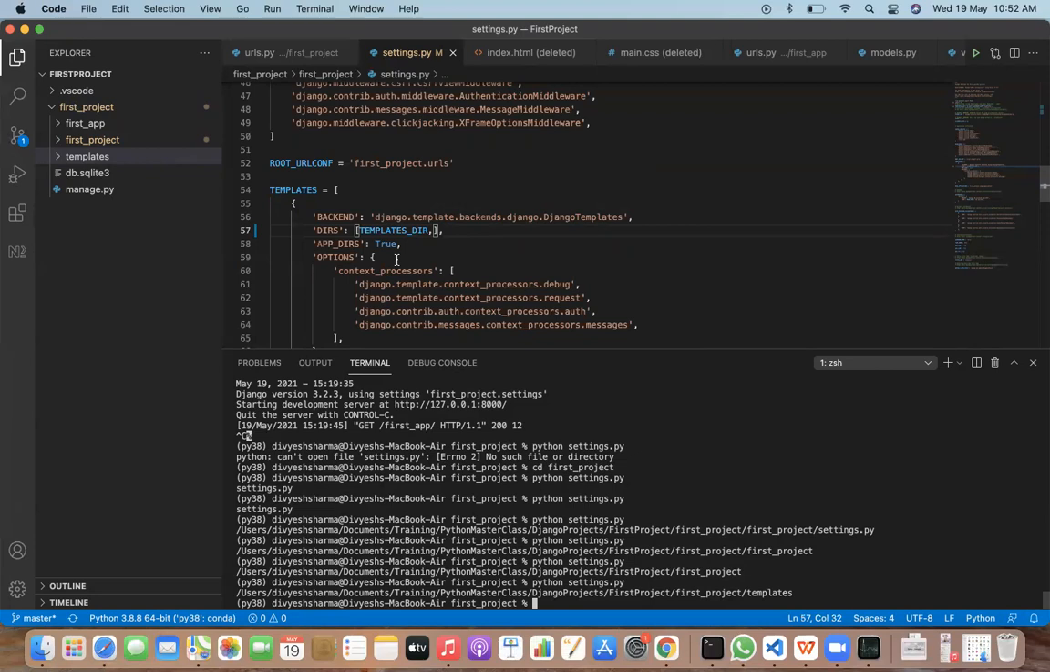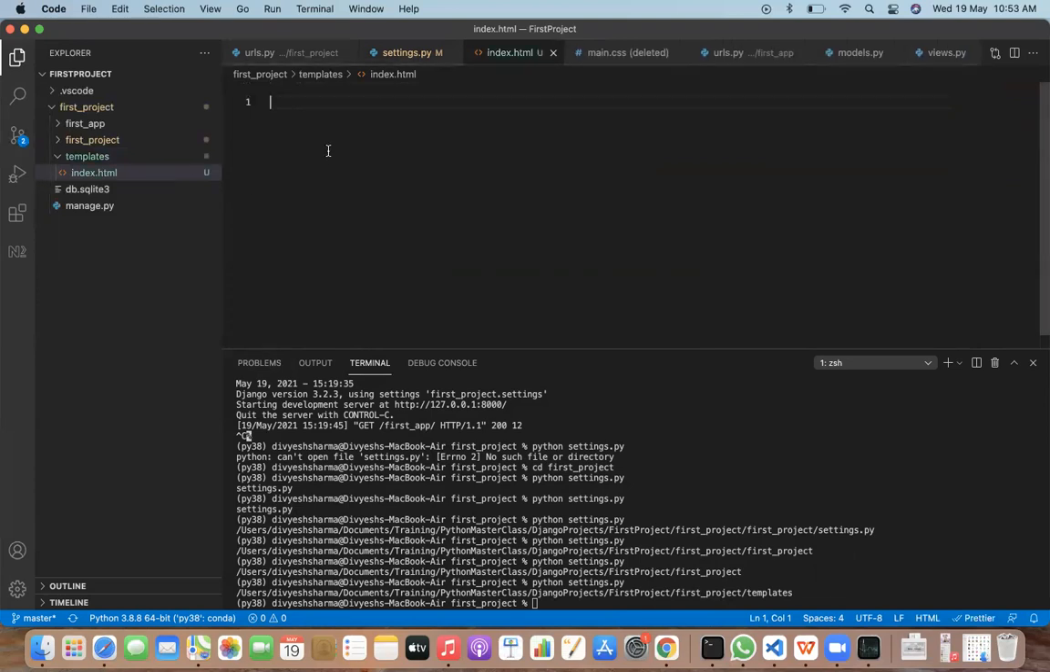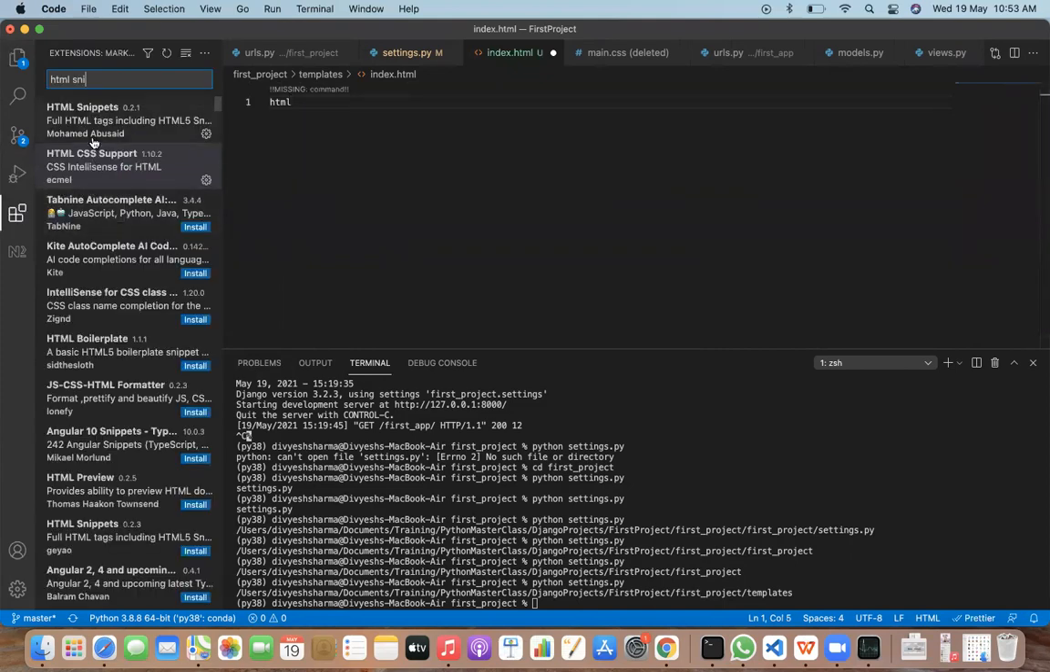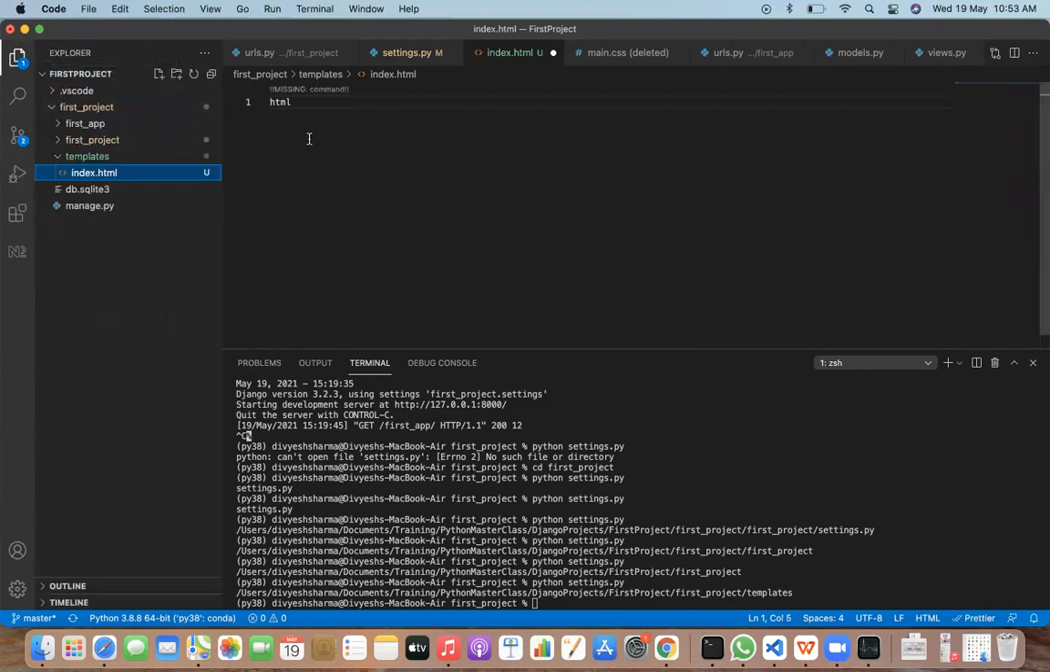Okay, so first step is to create an HTML file. So let's go ahead and right click and add a new file called index.html. Okay, now this is a new file that got created. Now we will add some HTML content in it. So to have this Emmet or these snippets enabled, what you can do, you can install some extension called HTML snippets, which will help you to write HTML code. I mean, you can just write HTML like this, then body,